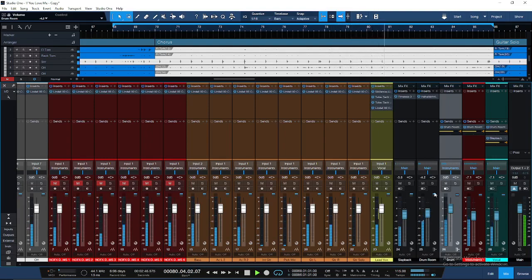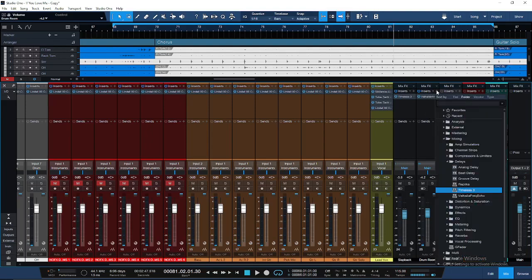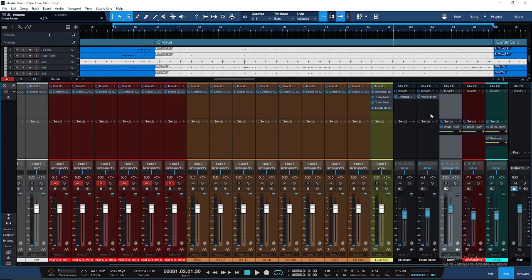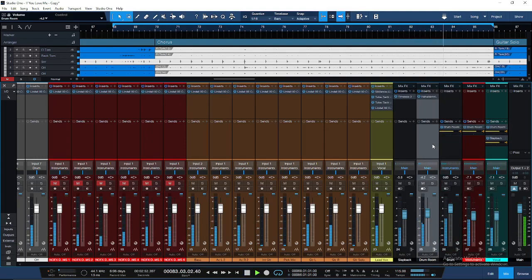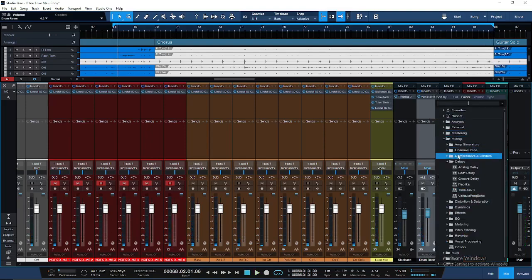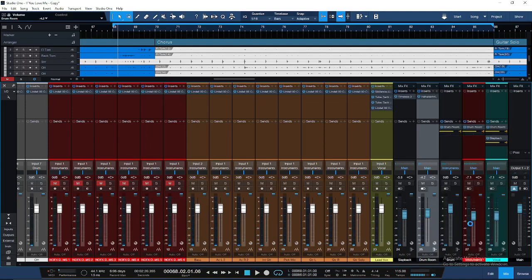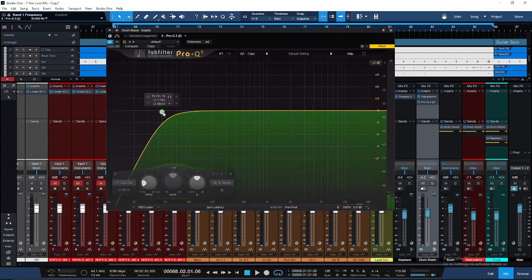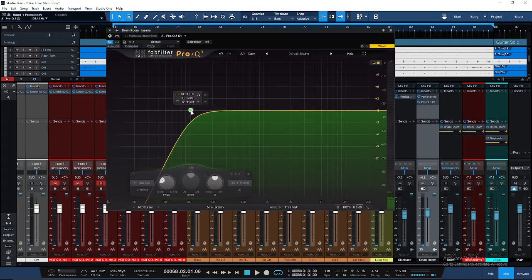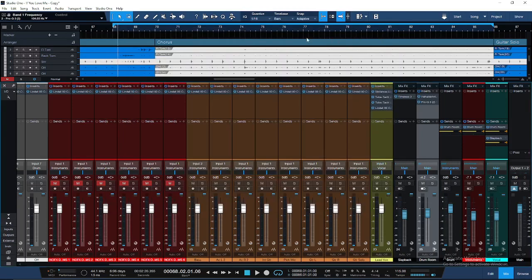Something simple. Now, something that's really useful to do is EQing on a reverb. If I play this back here, you can tell there's a lot of frequencies in this drum room reverb that I'm not a huge fan of. It's very boomy, with a little more low end than I want. So I'll take an EQ, the FabFilter Pro-Q 3, and cut out everything under like 100. Then if I solo this up,